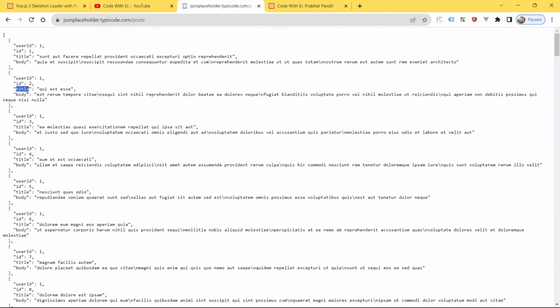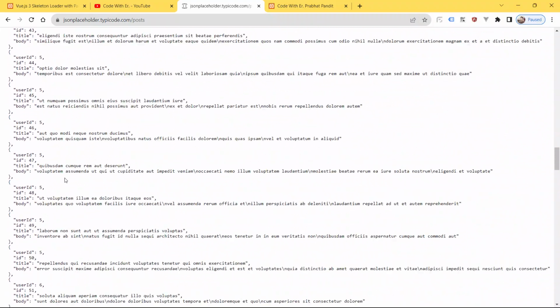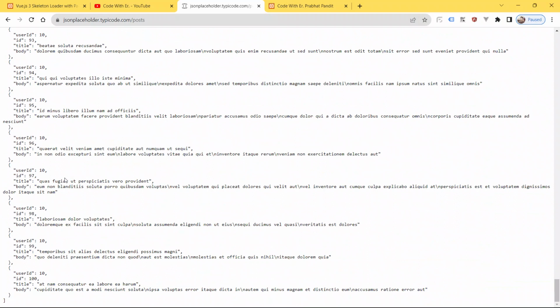So we will try to loop through only the title and body from each and every post, from each of the 100 posts. As you can see, this is the 100 posts, and from each post we will loop through the title and body only.